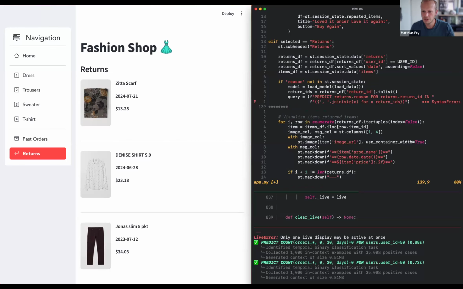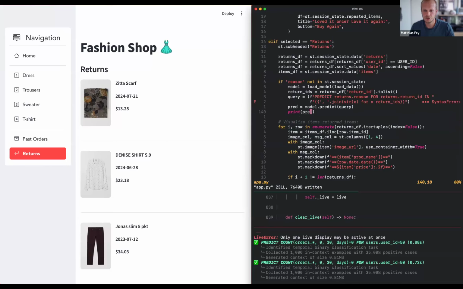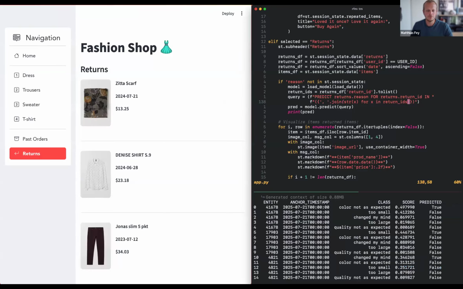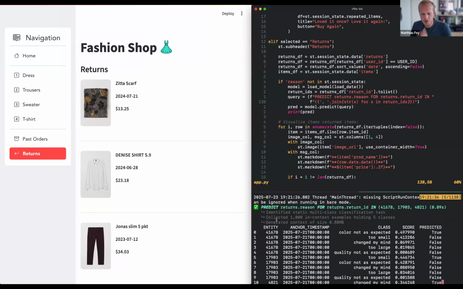And so we can run the model and simply print the prediction here just to make sure. There's a small issue. Forgot this one. And forgot this one. So, okay, you can see here in my console that the predictive query got executed,